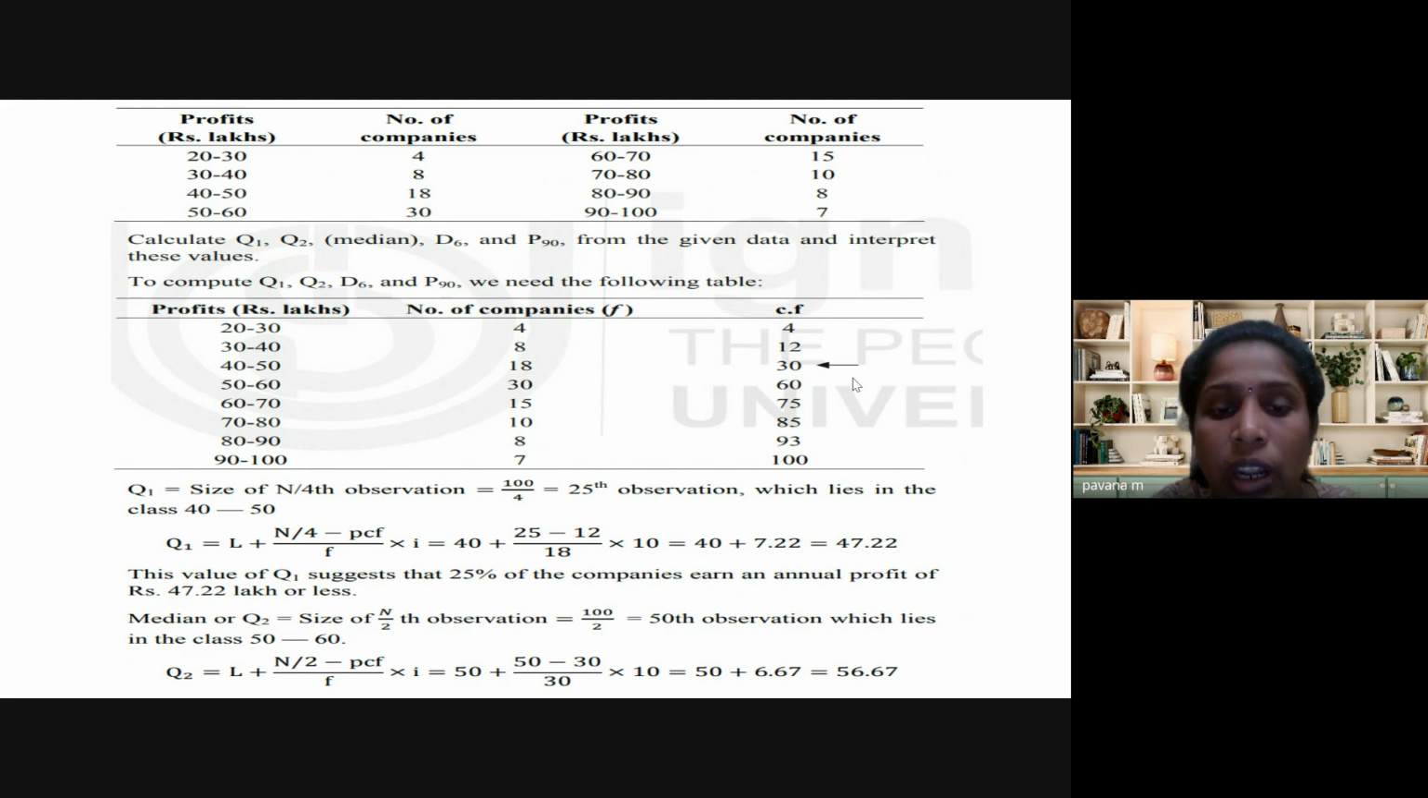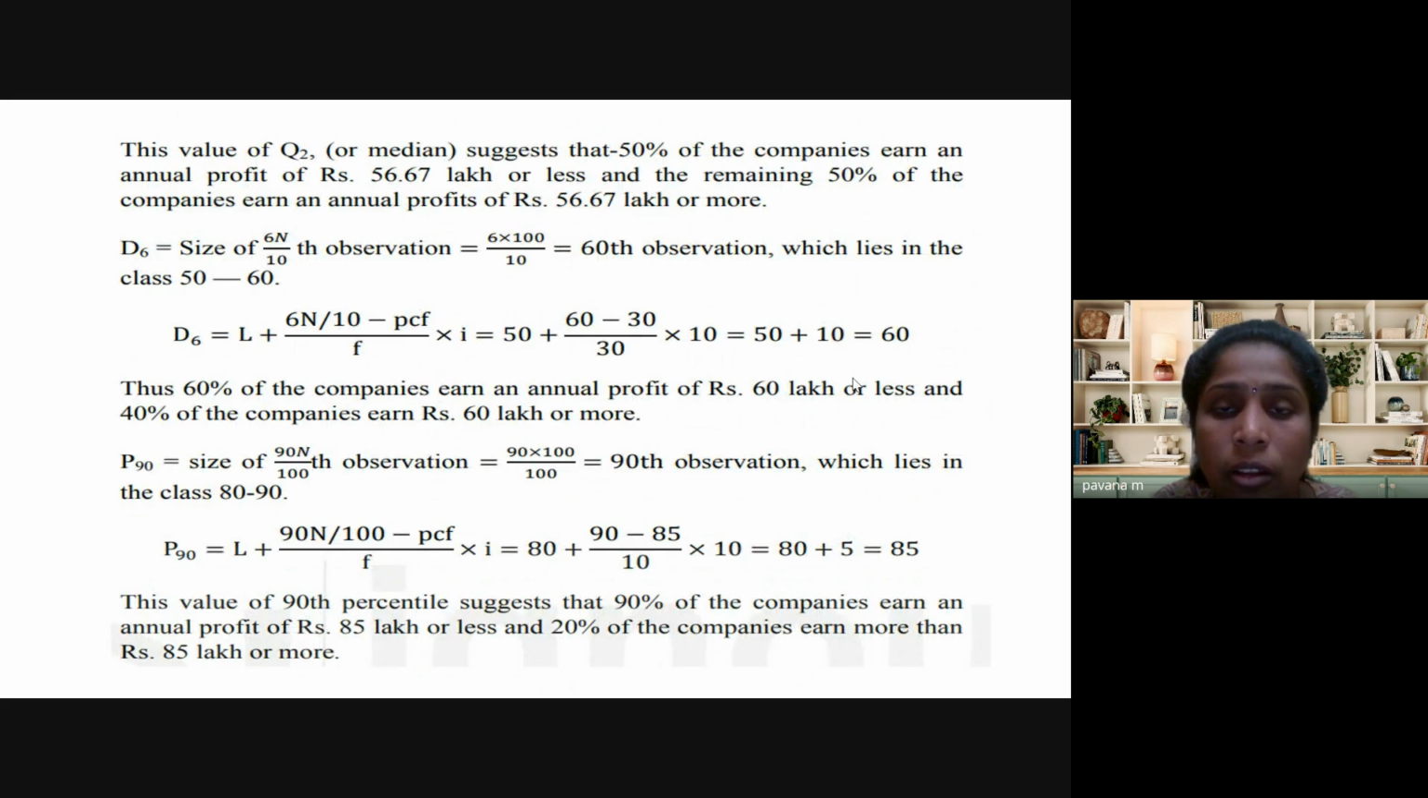Okay, so that is the class interval 50 to 60. The frequency is 30 and the cumulative frequency is 60. Here again the formula is L plus 6n by 10 minus PCF by F into I. The class interval is 50 to 60, so the lower limit is 50. That's why we consider L as 50 plus 6n by 10, which means 60 minus